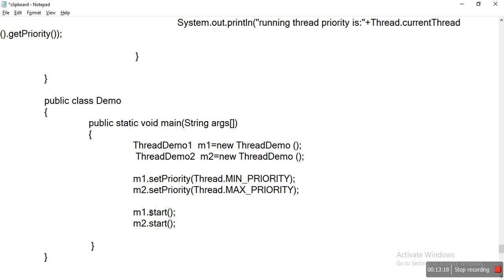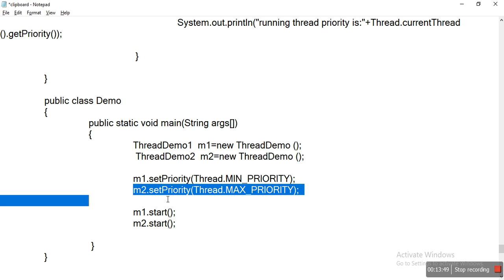We already know that m1.start, the start method, is used to start execution of a thread. Even though we started m1 first, m2 finishes its execution first, because m2 has the maximum priority.